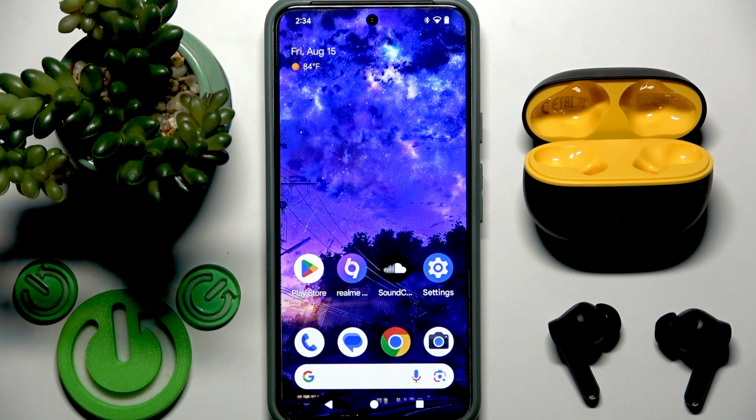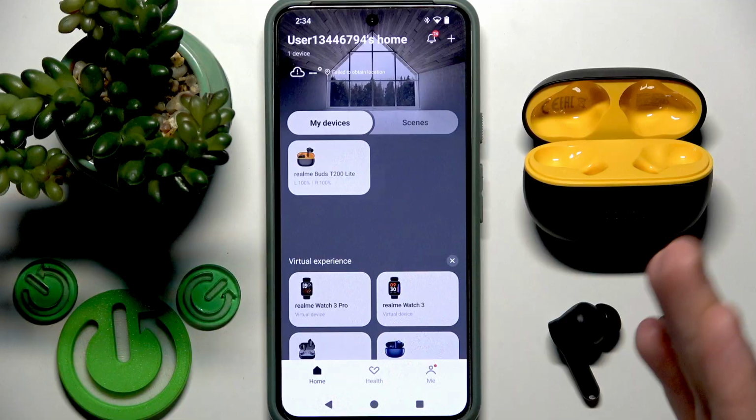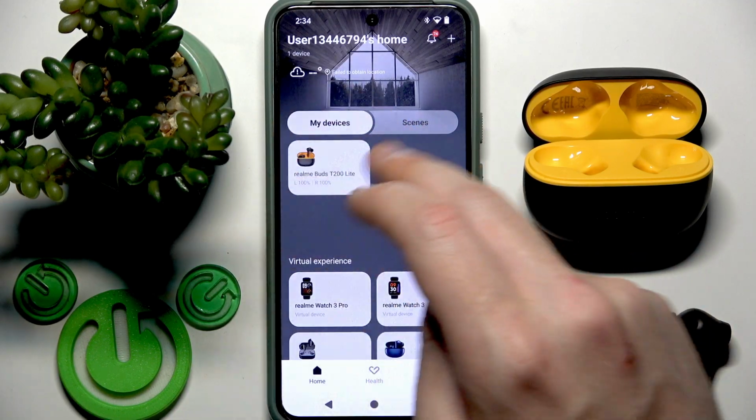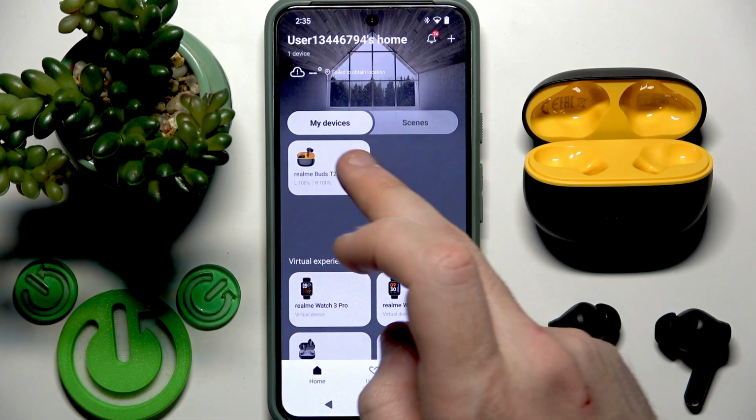You have to start by opening the REALME Link application. Of course, you need to add your earbuds to the app, and then you will see them in the device list. Tap on your earbuds,